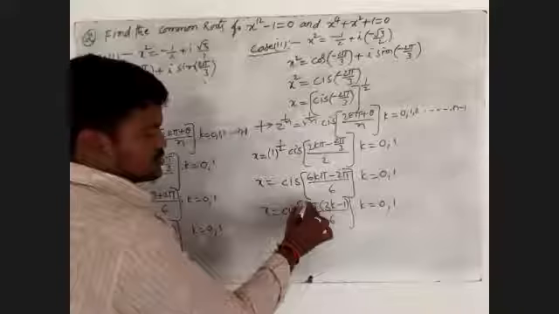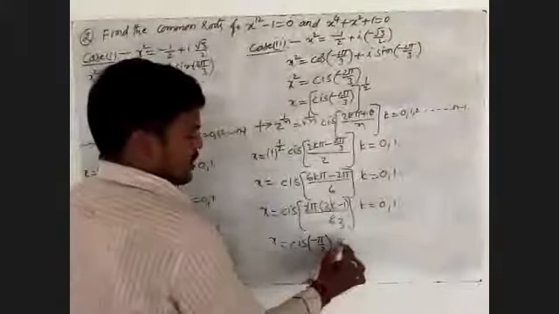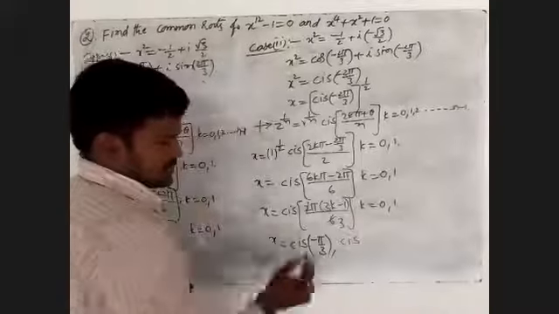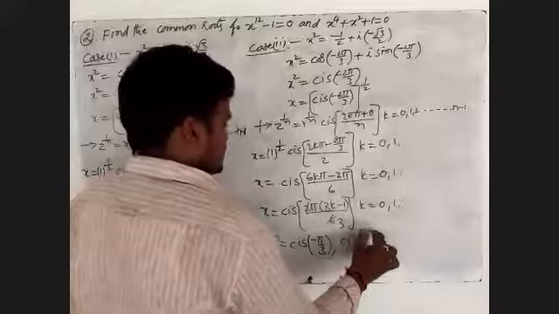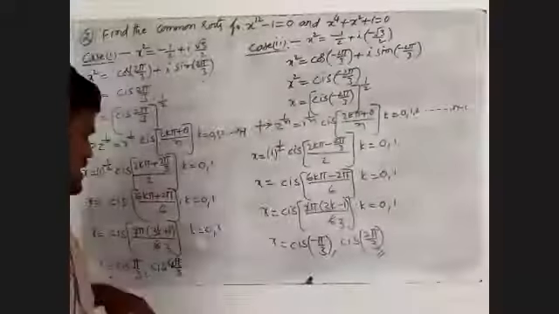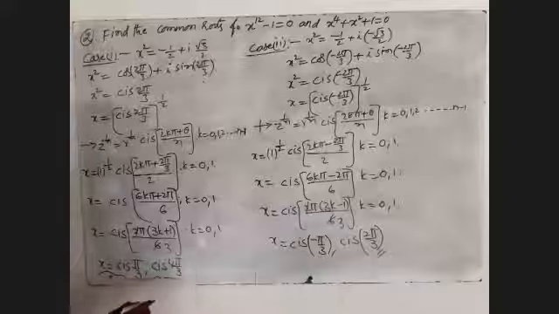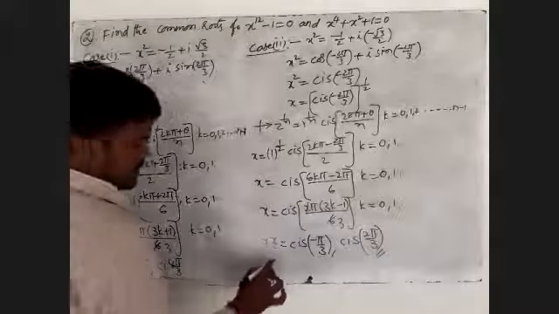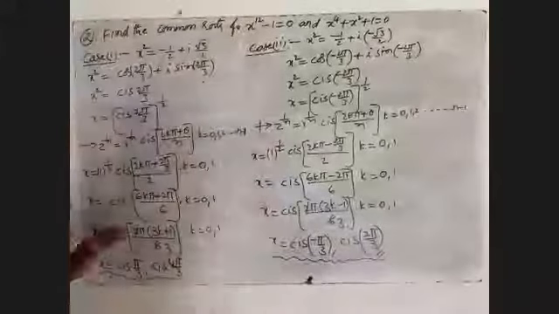For k equal to 0, the value is 0, remaining we have to write minus 1 into pi, that is minus pi by 3. After that we'll take k equal to 1: 3 ones 3, 3 minus 1 is 2, that I will write as 2 pi by 3. Once again, we observe that this condition has 4 factors: x is equal to cis of pi by 3, cis of 4 pi by 3, comma, x is equal to cis of minus pi by 3, cis of